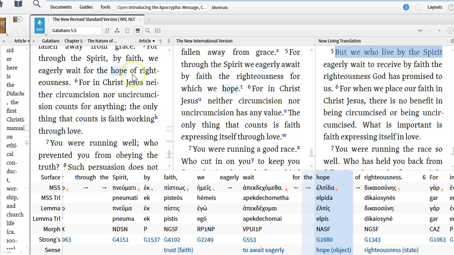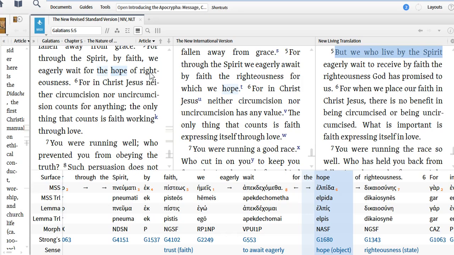For example, we could think about this as a genitive of source, the hope that righteousness gives. We could think about it in terms of an objective genitive, the hope, or I should put it another way, with the content of hope, the object of hope being righteousness. So it's fairly ambiguous in the NRSV how we should go with of righteousness,